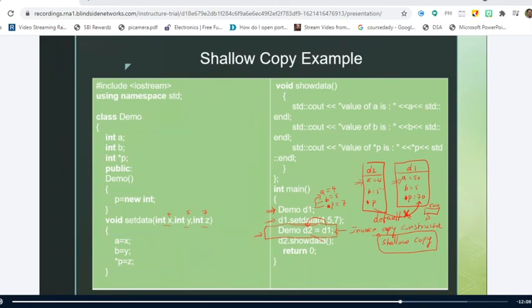No, sir. No. Why? Because they have different locations. A and B are declared as normal variables. They have their own memory locations.